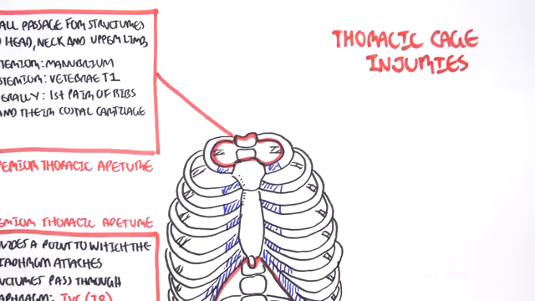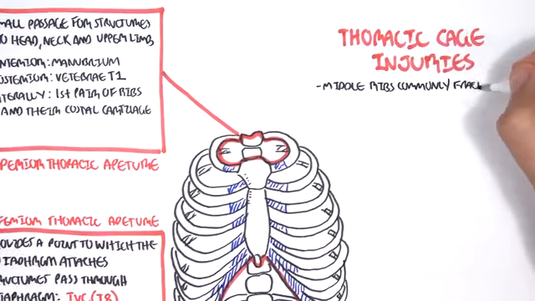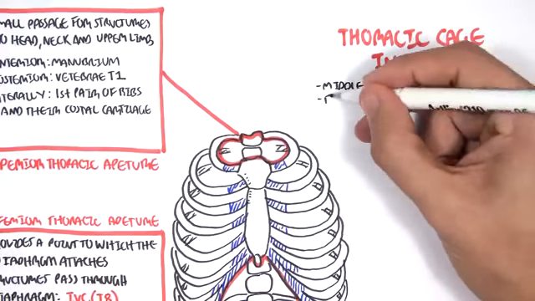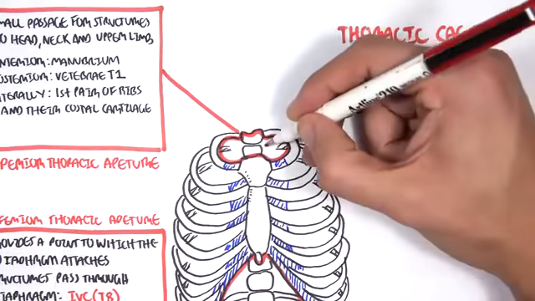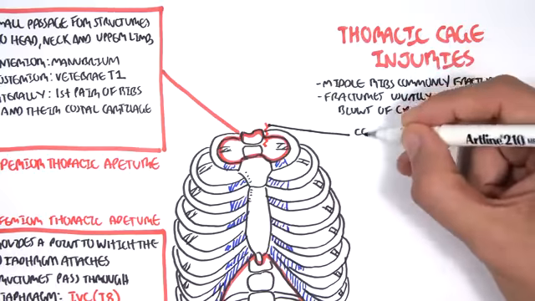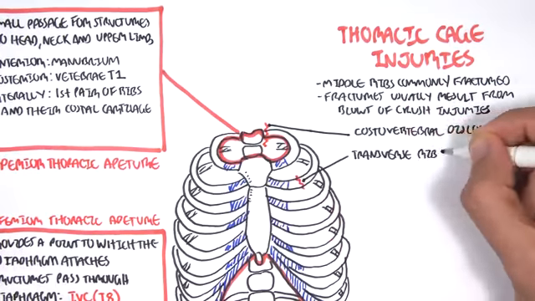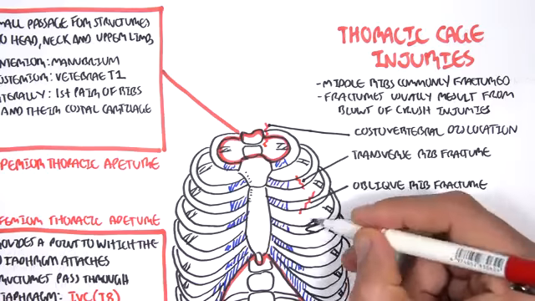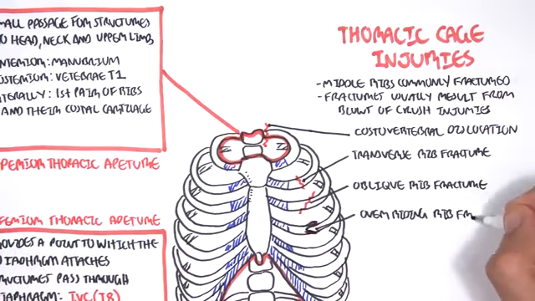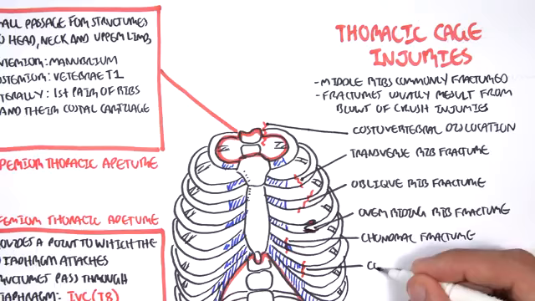Now let's look at thoracic cage injuries. Now, the middle ribs are commonly fractured. Fractures usually result from blows or crush injuries. So let's look at some types of fractures. And these can be things such as a costovertebral dislocation here, a transverse rib fracture, an oblique rib fracture, an overriding rib fracture, so one that goes over, a chondral fracture within the cartilage, costochondral separation, the separation between the cartilage and the